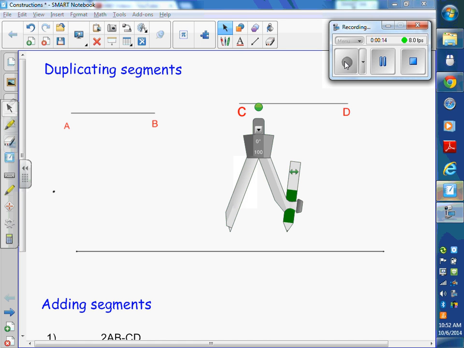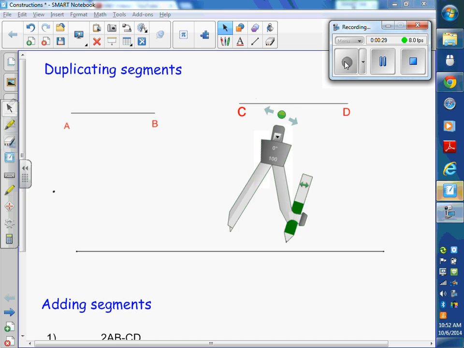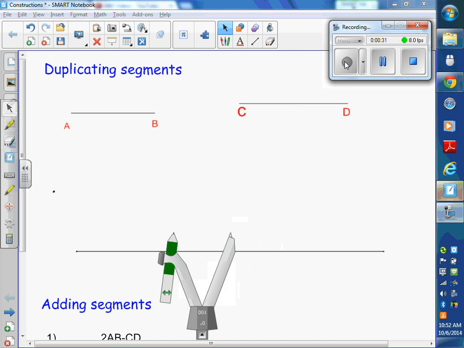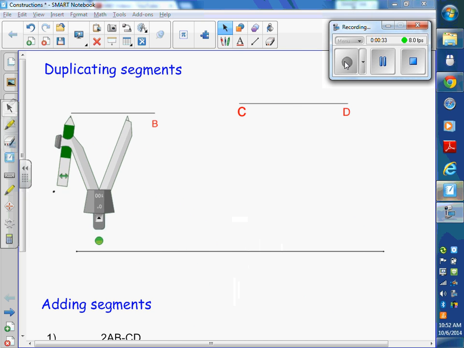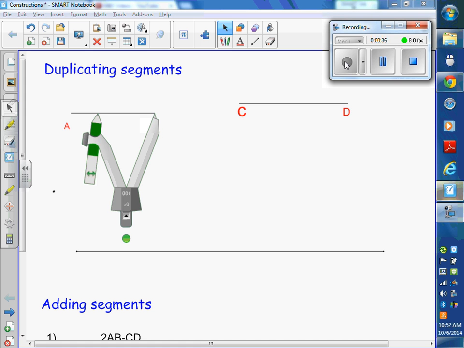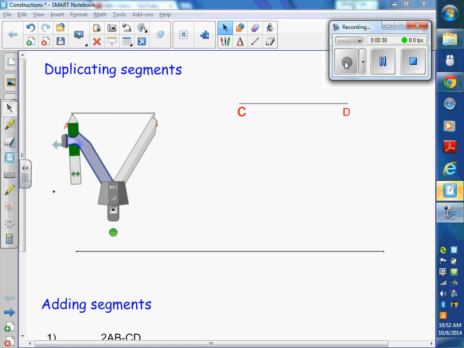Okay, so duplicating segments is super easy. Somebody was asking me about the compass that has two pieces of metal in it instead of a piece of lead. Draft people use that to measure without marking up drawings. They open up the width of the compass. For example, I want to see how wide AB is, so I'm just going to open it up and measure it. Now, with the compasses that have two pins instead of a pin and lead,